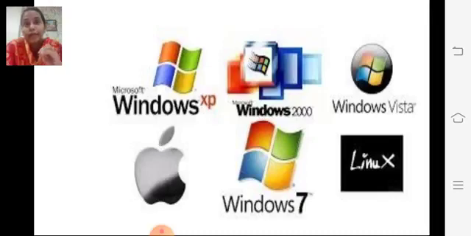And when you close all the programs and shut down the computer, you get one message on the screen. What is that message? Windows is shutting down. Please wait. Or you get shutting down. Like this message you get. What is that? That Windows operating system is getting shut down. Children, understood? So this is operating system. Operating system is a type of system software. These are all different operating systems.